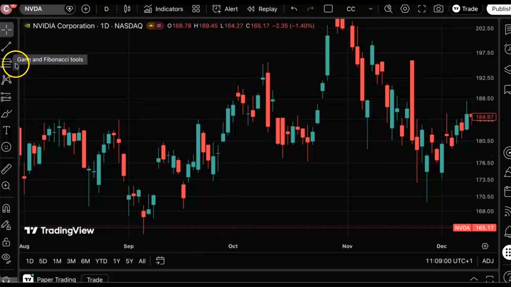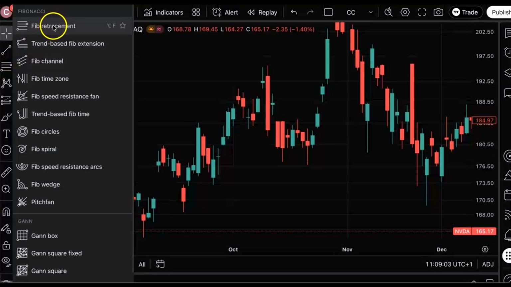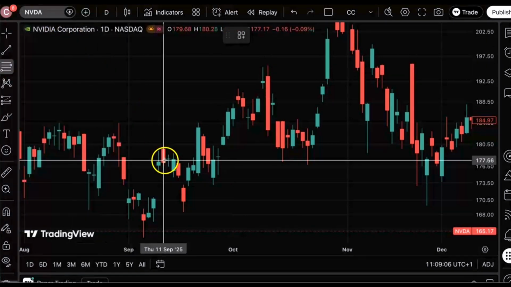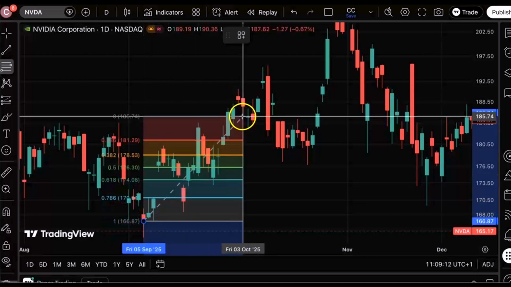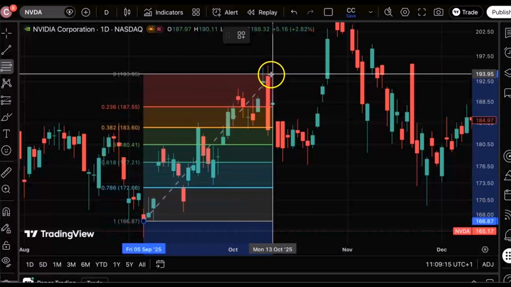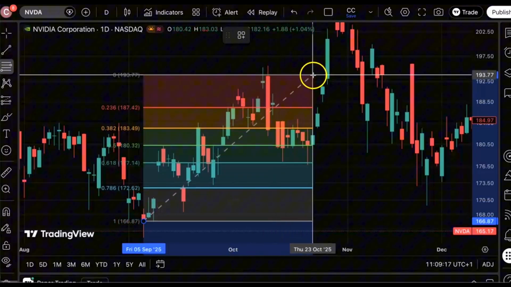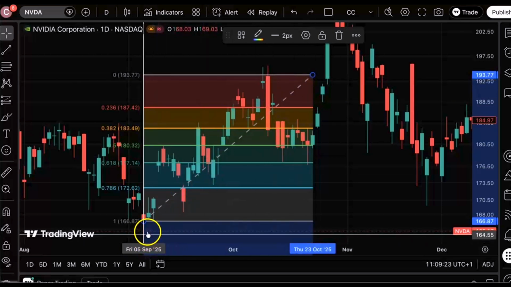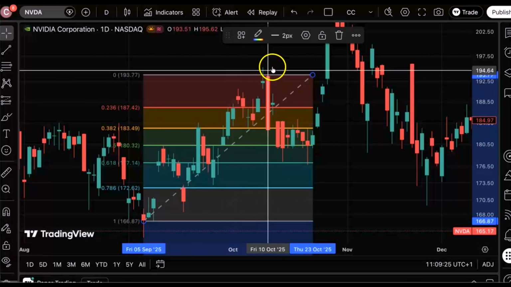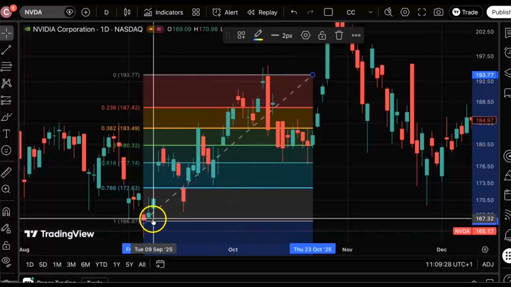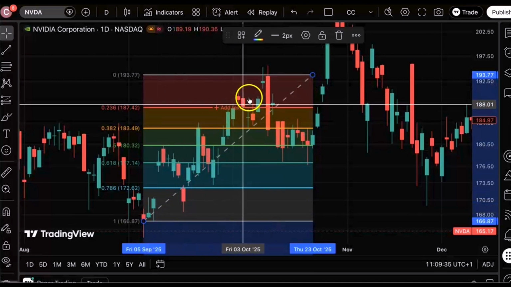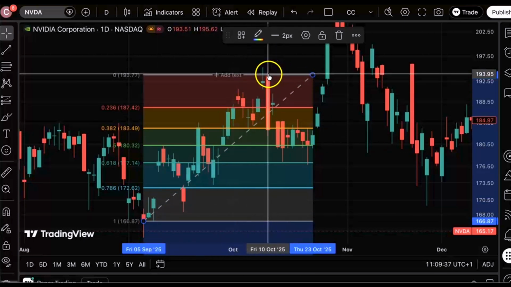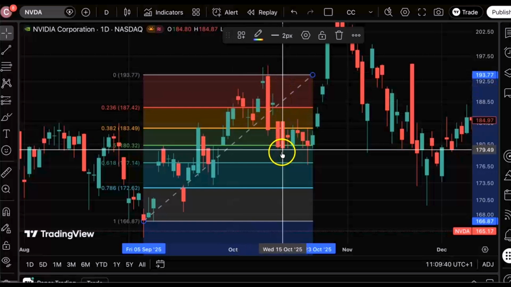If we go over here again and click on the Fibonacci tool, on this trend here, we are going to start here as it's an uptrend and go to the top of this closing candle. Now there are two ways to do this. We can do it at the extent of the wick on both sides, or as I normally do it myself, on the closing candle. Now we can see the uptrend, and we can see that NVIDIA has pulled back here,